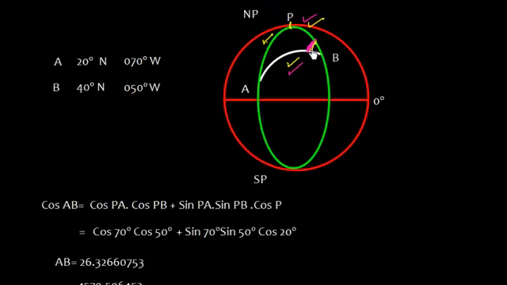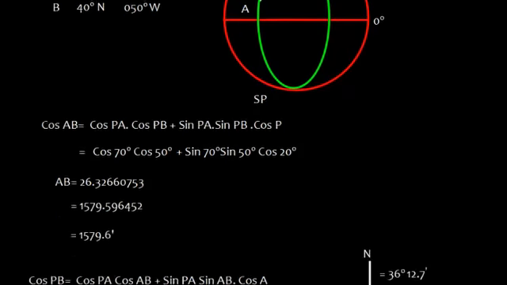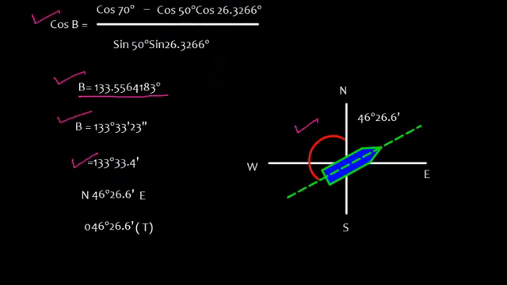We have found this angle B in this direction. So if this is this angle, and the ship is heading in this direction, the total is 180 degree minus this angle, which will give me 46 degree 26.6. So I have this angle. I can write course as 46 degree 26.6,